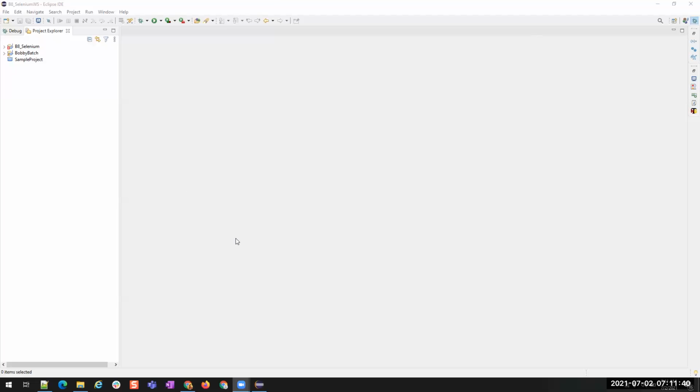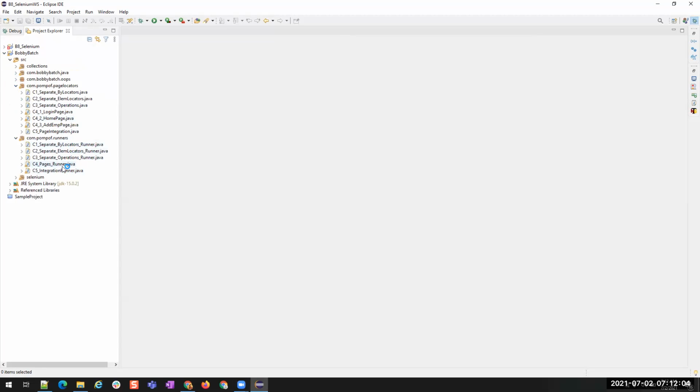So what did we learn in our previous session? We learned about the page object model. We have seen how we achieve this page object model, right? Remember it? On POM, we have seen these four different levels: by using locators, by using element locators, and then by using separate operations. And then we have different pages, and then we had integration classes. So this is what we have learned in our previous session.